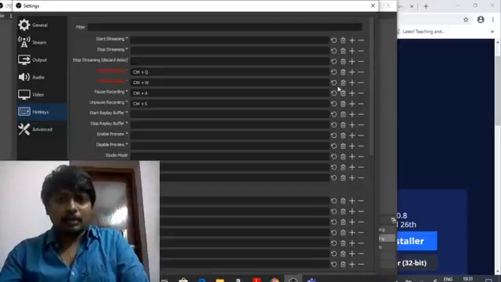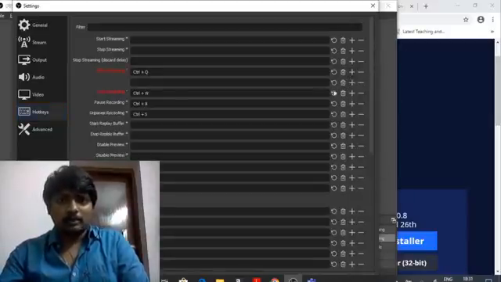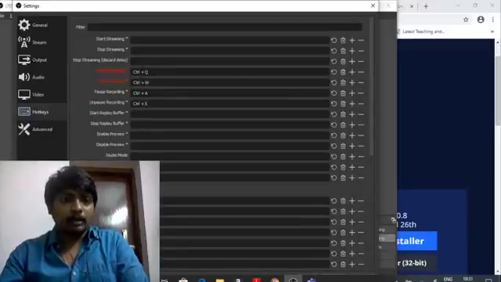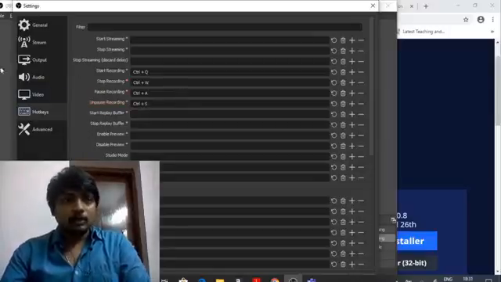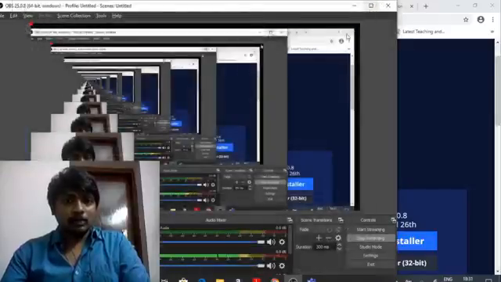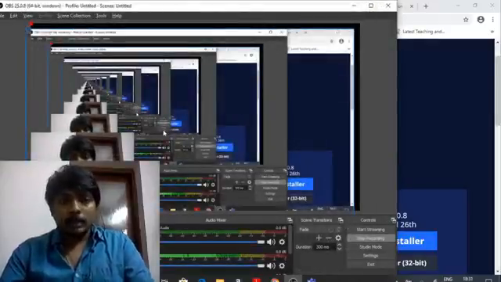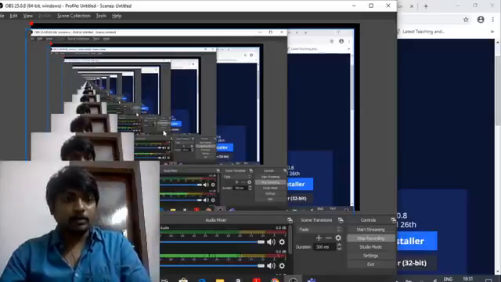We can add multiple keys also, by clicking this. These are user defined, so as per our convenience we can assign the hotkeys. After this, if you close the window, it will ask whether to save the settings, so you can save it, and these are the main things to be used.